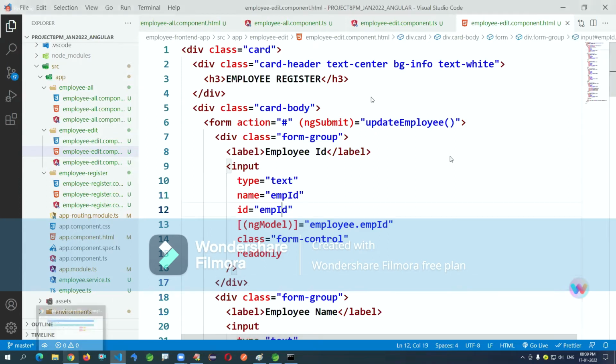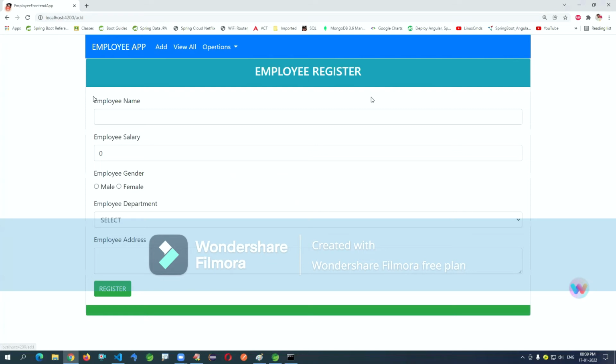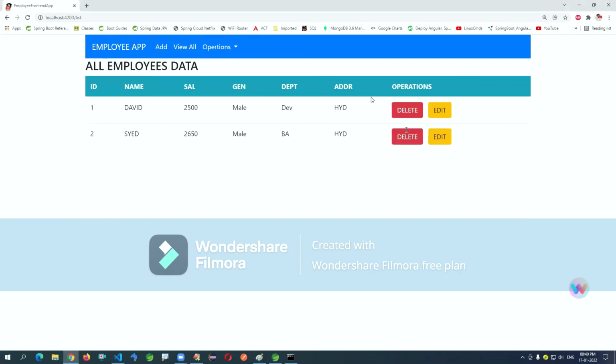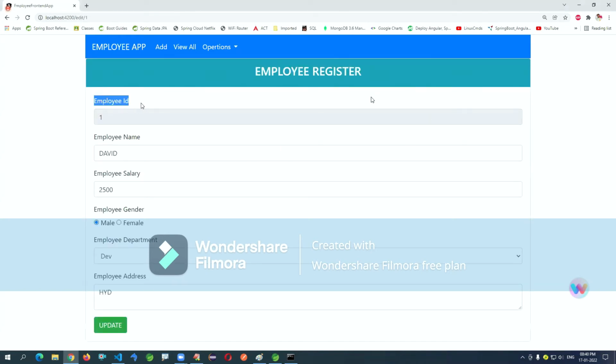That's fine. See here in the add page, do we have employee ID here? When you go to edit, do we have ID here?